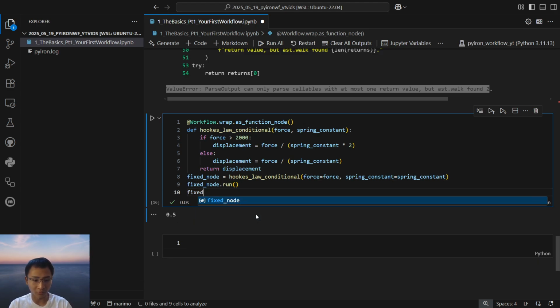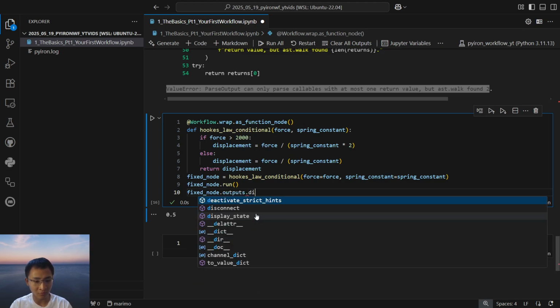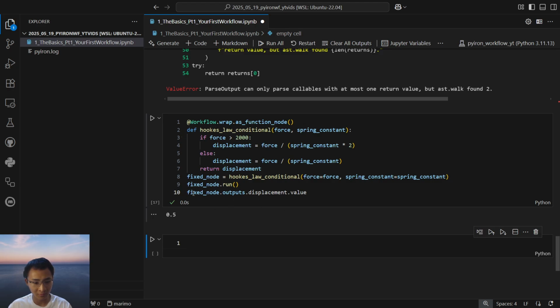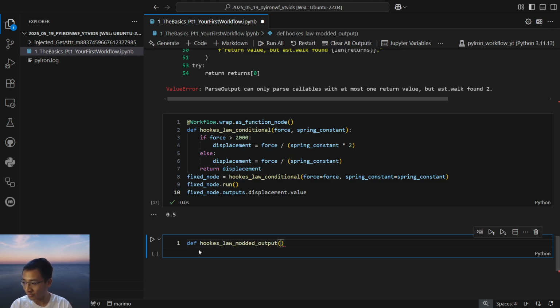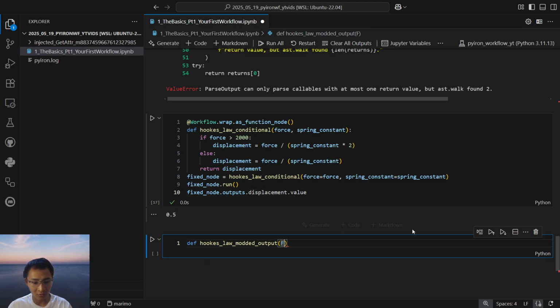And of course, we can always access the outputs via the syntax that I taught you earlier. Okay. And one other neat thing is that you can always modify how you want to access this output channel, like this variable name. If you're a fan of short variable names, like here,